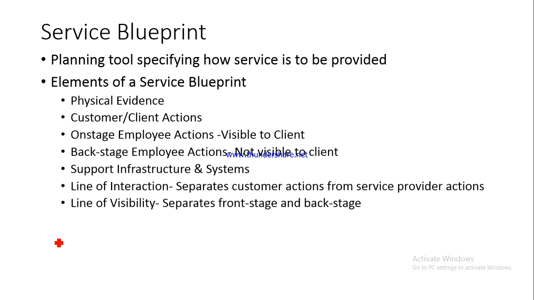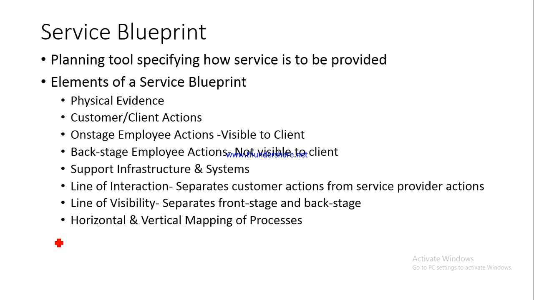So that is an example of a backstage, and line of visibility is the one which is separating the front from the backstage, and beyond which the customer is not able to see anything. So if you have to have a clean environment, at least you provide it in the place where the food is being served. Even if the kitchen is not very clean, that would not make much of a difference. Why? The customer is not able to see the backstage, right? So this is the importance of line of visibility.